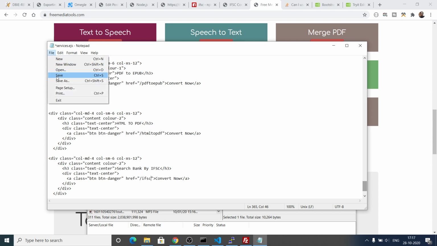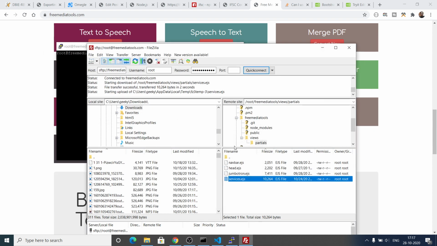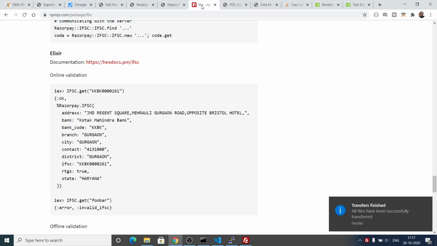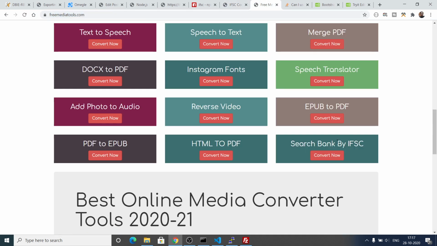Now I simply need to save this file. If I close this, it will upload the file. Now if I refresh my website here, you will see this service, search bank by IFSC. If I click this, nothing will happen because we need to create this file